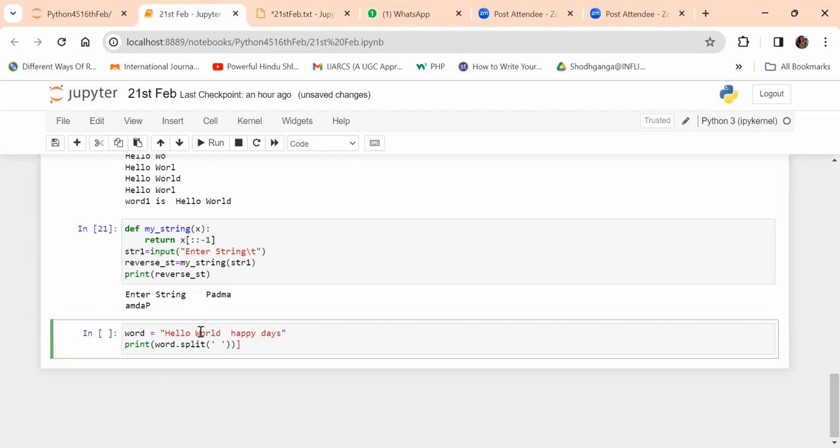So what does it have to look for when it is trying to split this word? It will always look for an empty space. So between hello and world there is one empty space, so hello will become one word. After that there is a